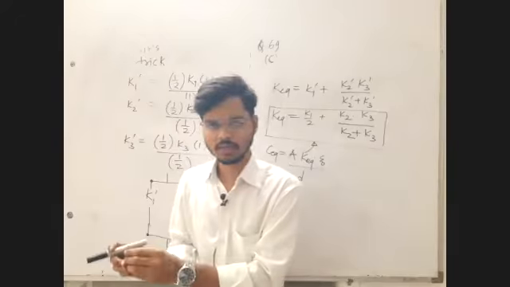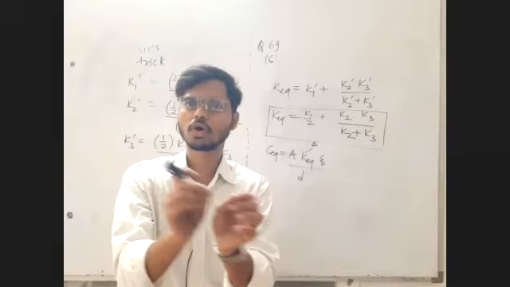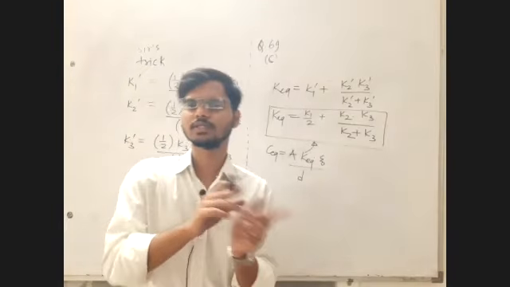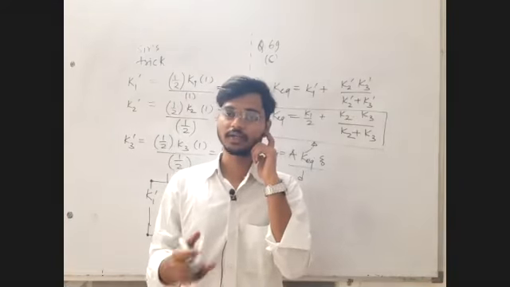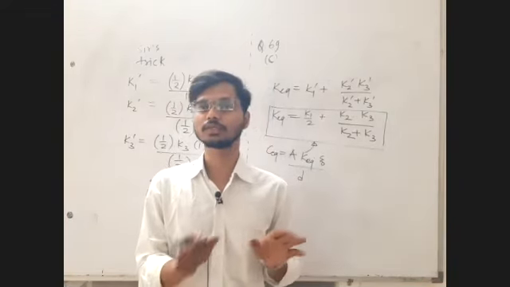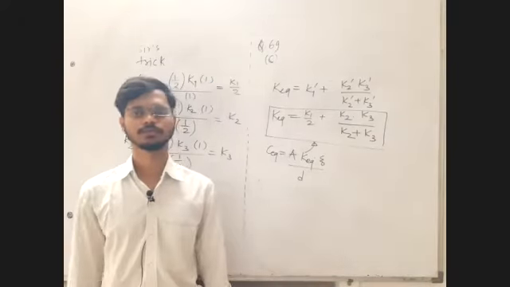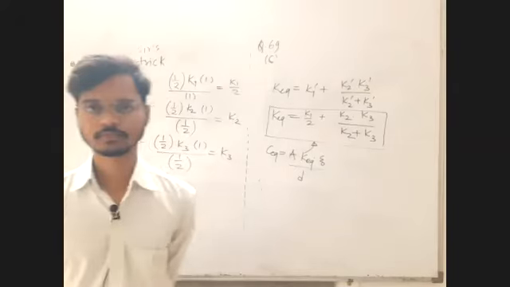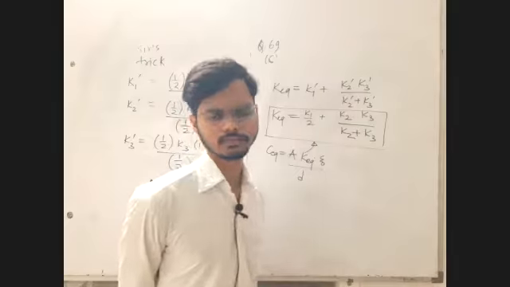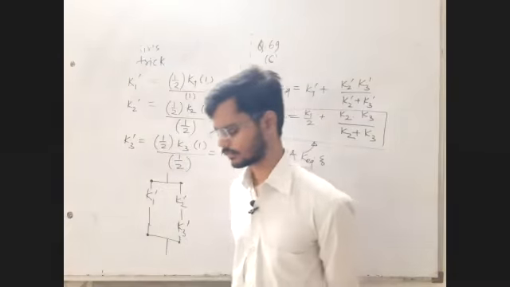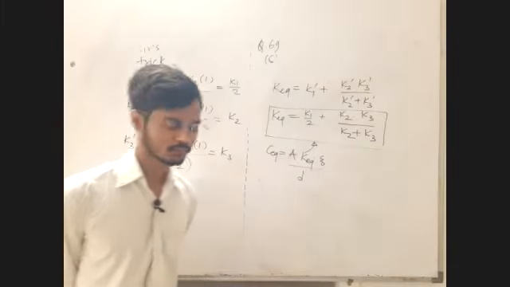Then some modification will be given. That modification will be done, and after that again find out energy stored on each capacitor. Find out energy stored on the system. Just take the subtraction and get the answer of heat released or heat lost, or energy lost in the form of heat when some modification is done. Now reply to me in the chat box. Is this discussion clear to all of you? Good. Very good.